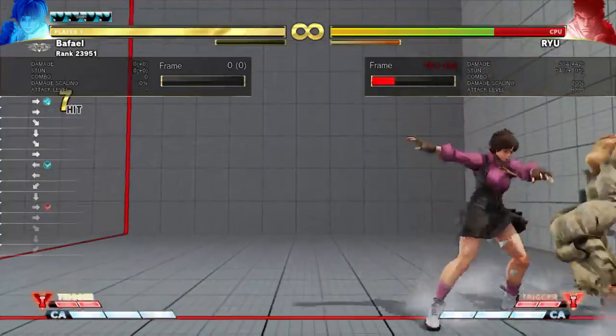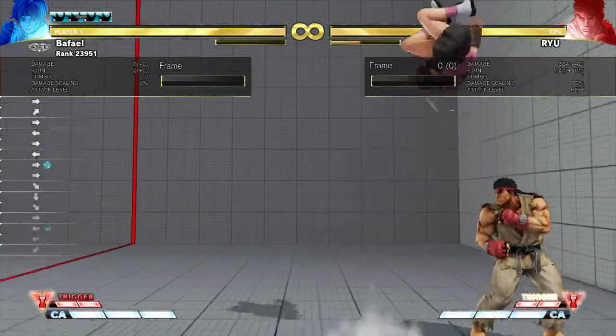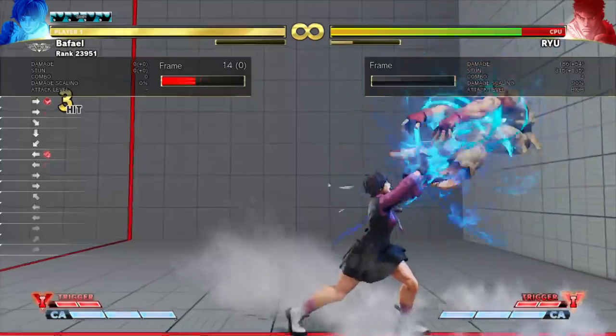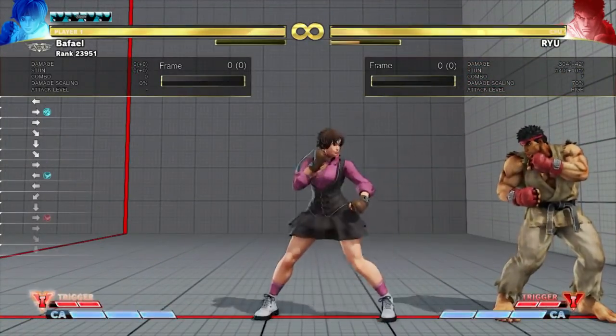Yeah, look at that combo. That combo's cool. That's a corner crush counter combo. I think that works even if you're not quite point blank. So like after I block a DP, I'll probably be like here. It's kind of cool. Cool combo. Anyway,